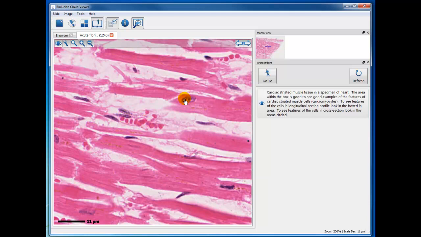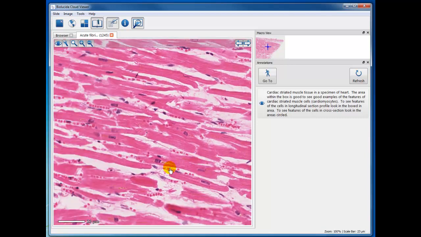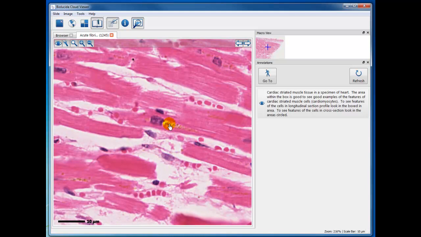But this is cardiac muscle cell tissue, and here's a branch. Also if you look around you can see pink staining material, such as here. If we enlarge that slightly, you can see this lipofuscin,